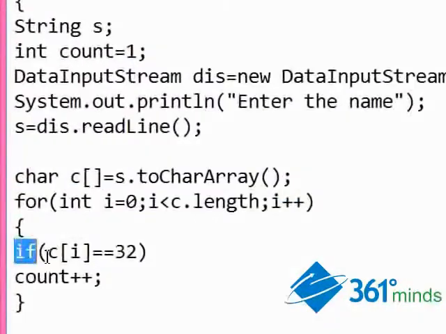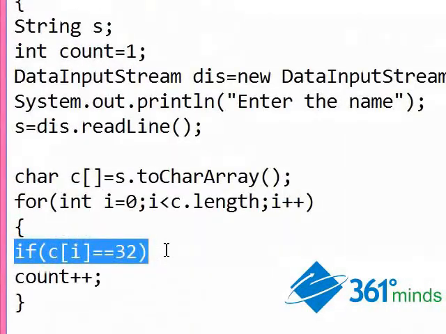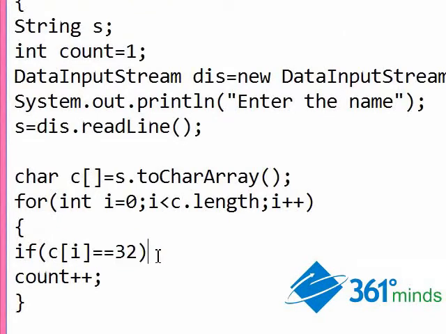Now I have included one particular if condition here. If I say that c of i equal to 32, as we have already seen in the previous programs, the white space has an ASCII value of 32. So if it comes across this particular white space, then it will add to the count. Remember, we already have given the count as 1. Suppose I type